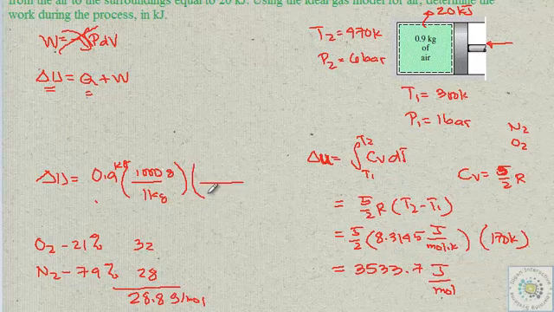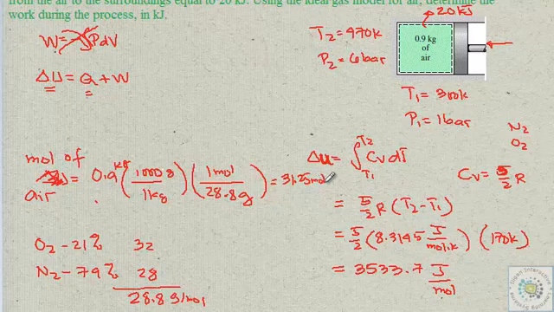Well, 28.8 gram is 1 mole of your air. I'm calculating first for moles of air. So that will give me 0.9 times 1000 divided by 28.8, which gives me 31.25 moles. And therefore delta U in this case will be 31.25 moles of air times